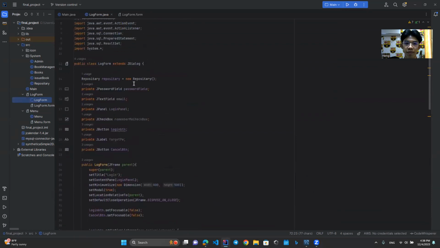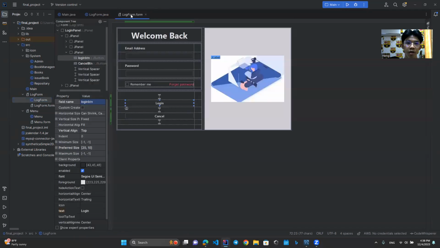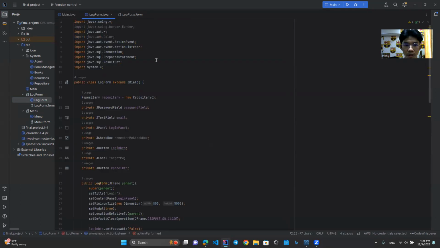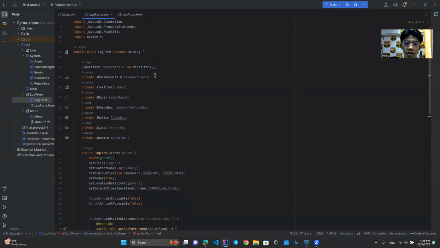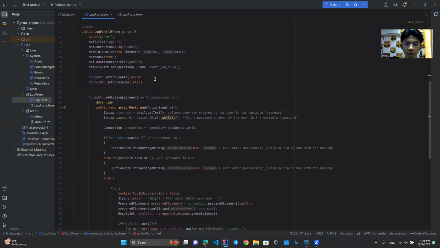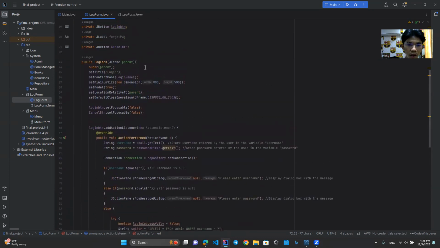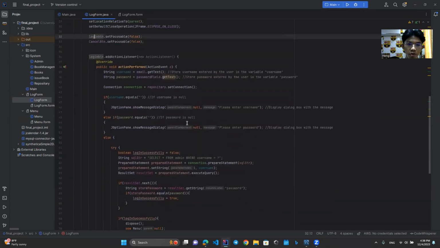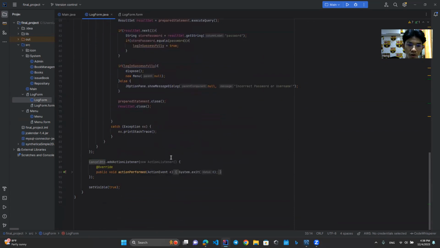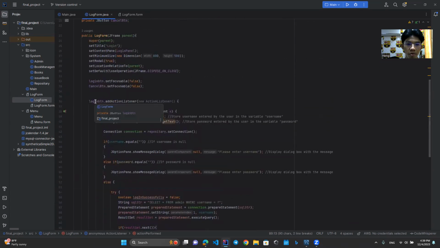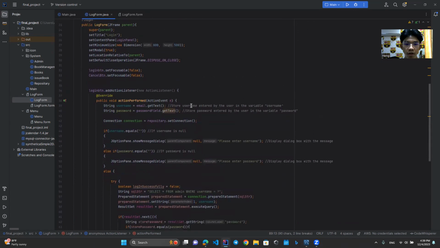So this class is created along when I designed this page. It gives me this class to customize the design and handle any logic behind it. So I add event listener to two buttons, which is login button and cancel button. For the cancel button, when the user clicks cancel, it will exit the application. And for the login button, when the user clicks it,